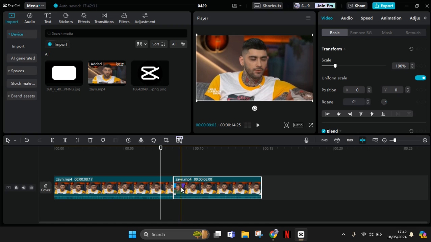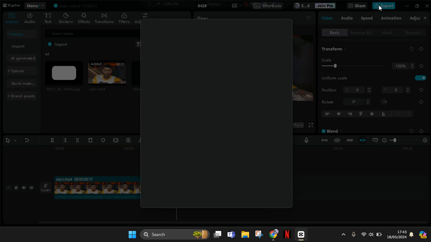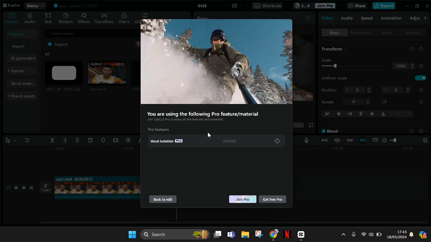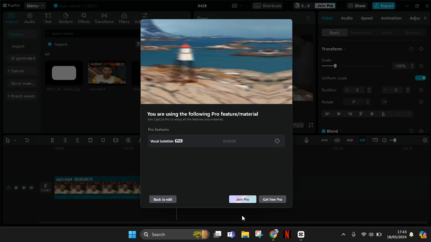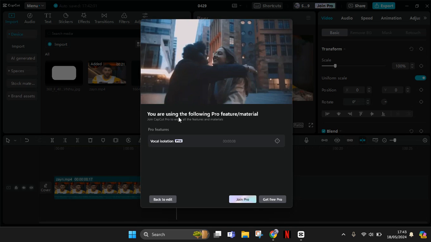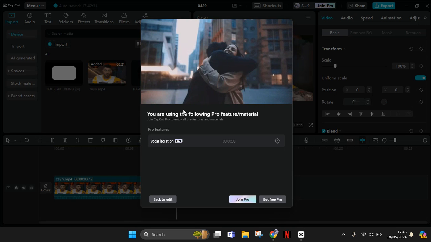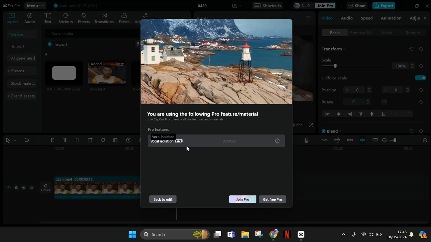On today's tutorial, I'm going to show you how you can remove the CapCut Pro features from your edits in CapCut PC. So if you accidentally or unknowingly use a CapCut Pro feature in your edit, when you try to export, if you're only on the free CapCut, there will be these notifications that tell you that you are using the pro feature or material, and this is the features that I unknowingly use